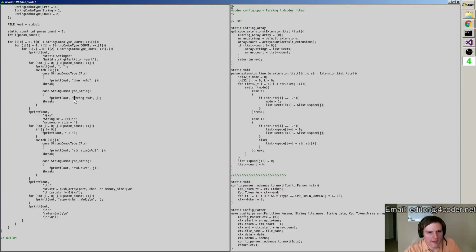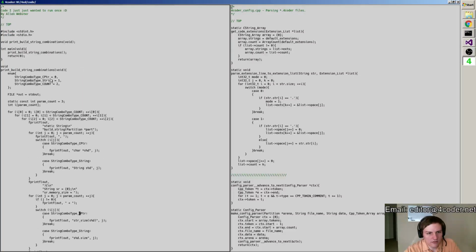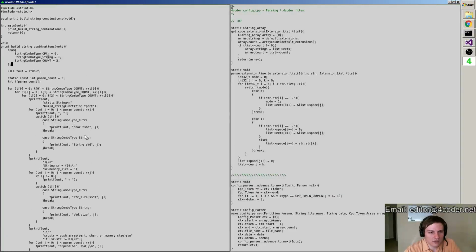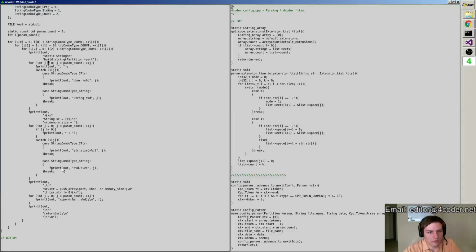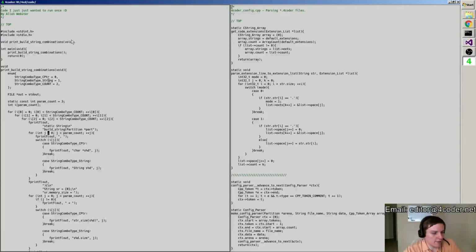Build string. Oh yeah, I had a thing that was basically take in 3 strings and build a single string out of them, and I wanted to be able to do it for every possible combination of C string pointers and string structs for those 3 input parameters. So that's 2 to the 3, 8 different combinations. So this was just some code I wrote to spit out all that, and then I ran it and copied it in.